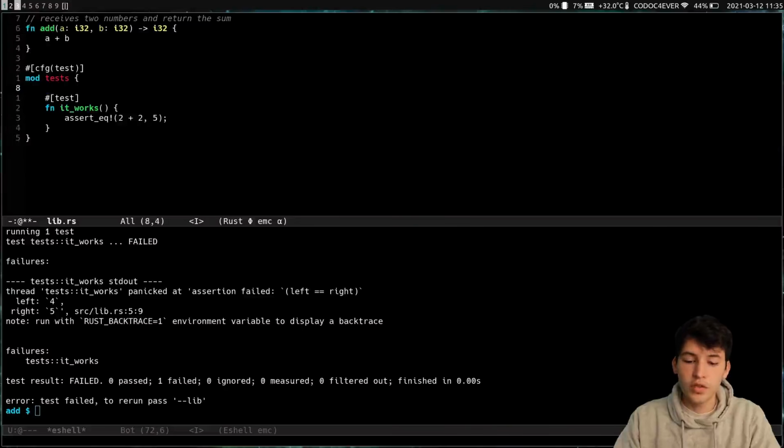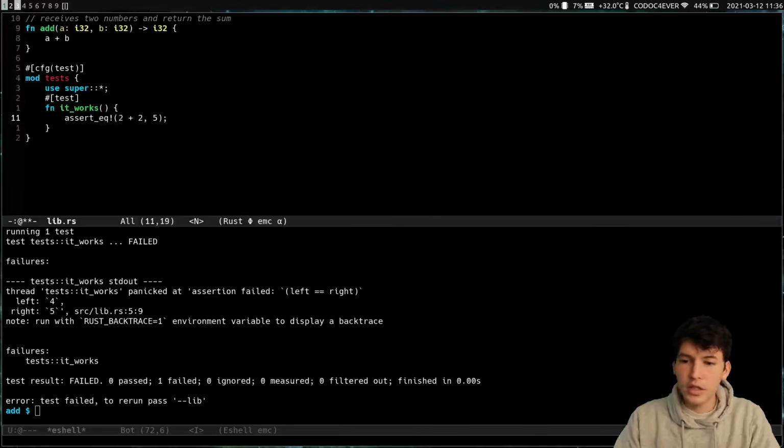For that, you use the keyword use, and you import the path super and the glob operator. This means that we import everything that is one level up of this module, so everything that is in this file outside of this module. And the asterisk is the glob operator. That means everything. Everything that is here is accessible inside this module.